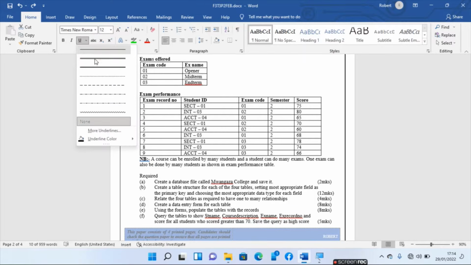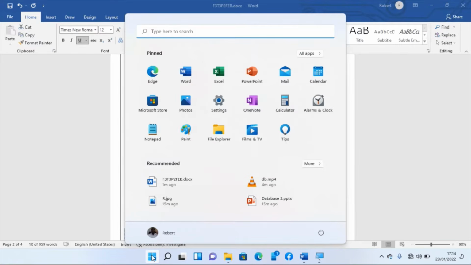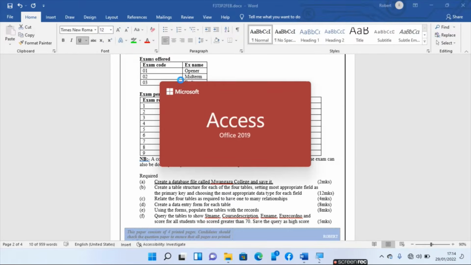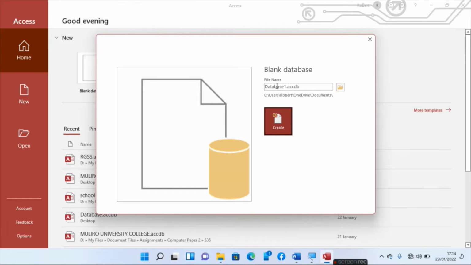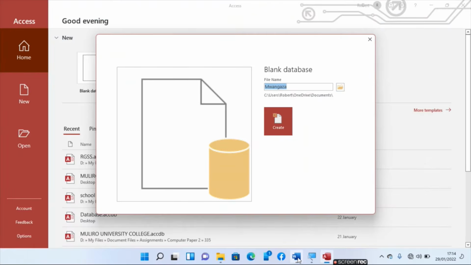So the first question, question A, is to create a database file named Mwangaza College. That is the first question. Therefore, to create a file, just go to the start menu, all apps, and you find Access here. Choose blank database, give it a name. What's the name? Remind me kindly. Okay, Mwangaza